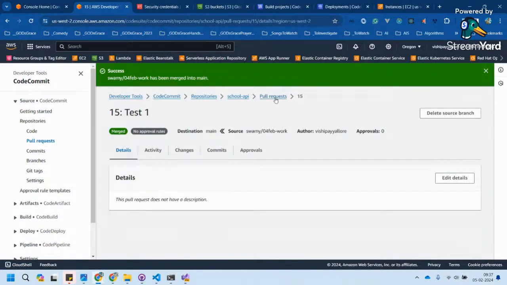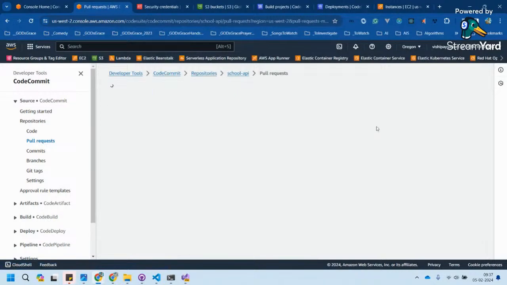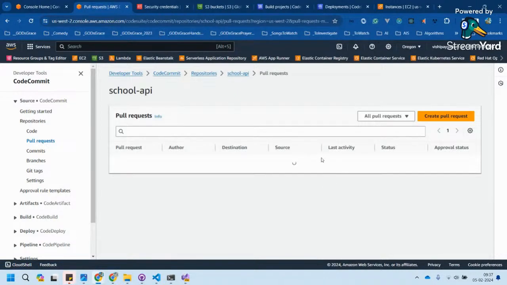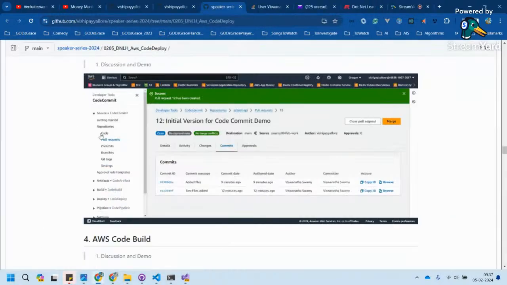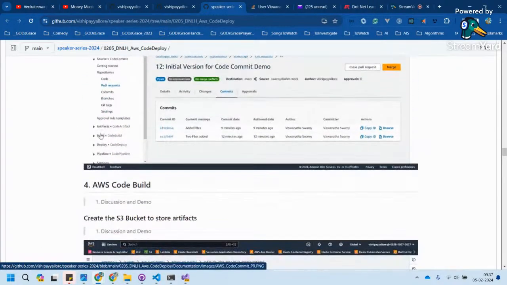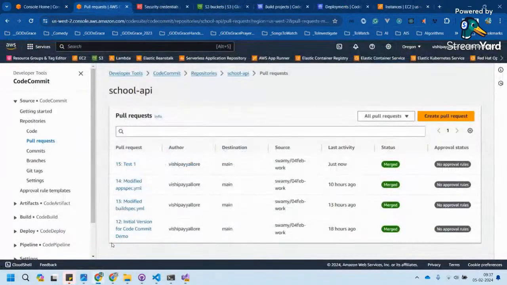thing. Now we can come back to the pull request. Now let's go back to all pull requests. We see that just now we created a pull request. So that's about the code commit. Now let's come back to the code deploy. Now, sorry, code build. I'm sorry for that. What is this code build? Now, similarly,